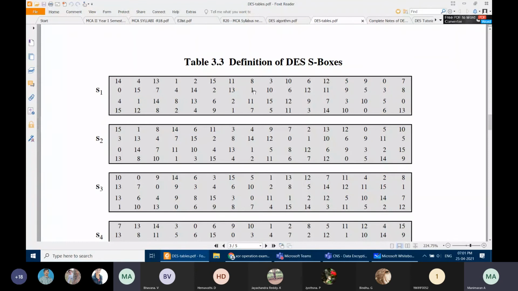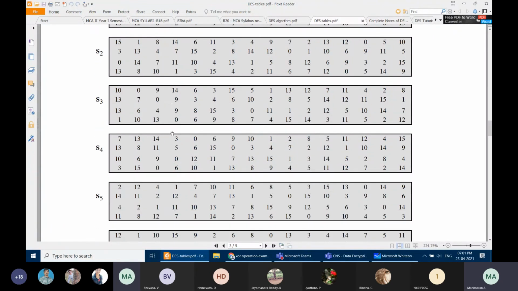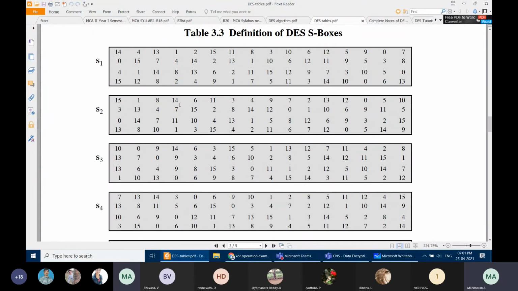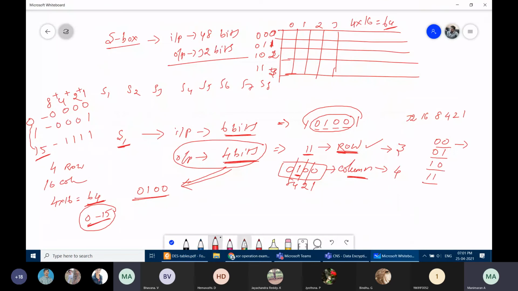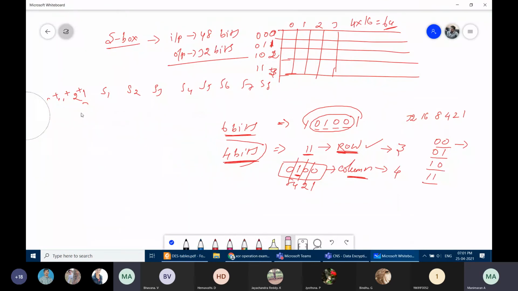Afterwards, the same concept we can apply for all the remaining S boxes. How many bits are we giving as input to the S boxes? 48 bits. So this 48 bits will be divided into 8 S boxes. Each S box has 6 bits as input. So totally 8 S boxes, 8 into 6, 48 bits.